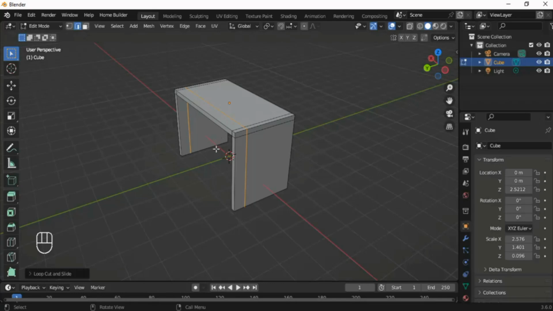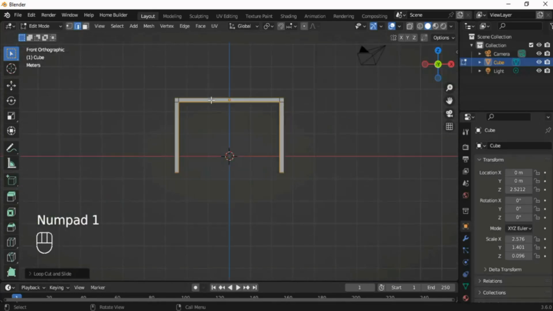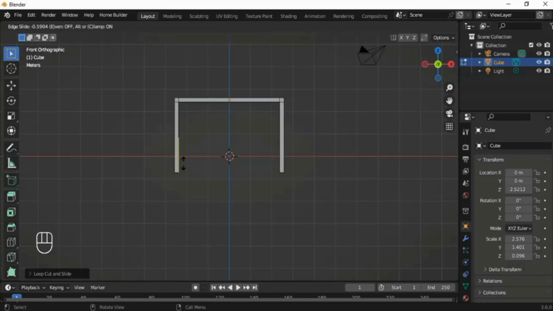So I just want to press 1 on my keyboard to take me to the front view. So I'm going to use the grid as my line, so my loop cuts are going to be symmetrical. They're going to be perfect and equal. So I just want to press Ctrl R again, and let's do it here. I want to hover around this edge. You can see the yellow line. So I just want to left click and drag. I want to drag it to the middle of the